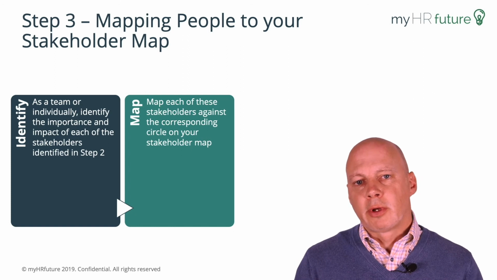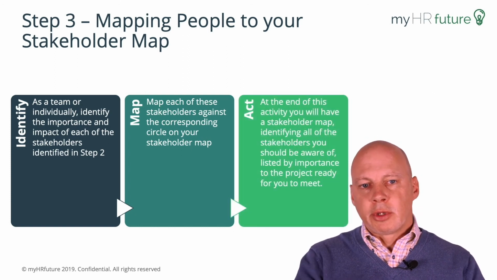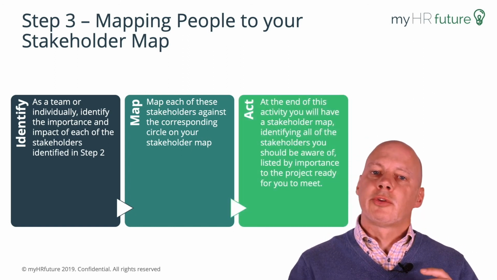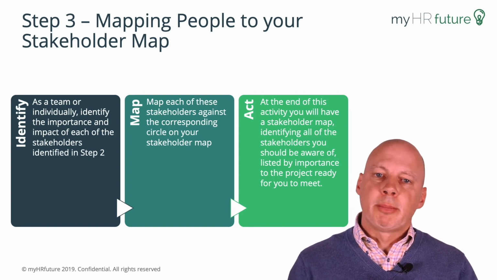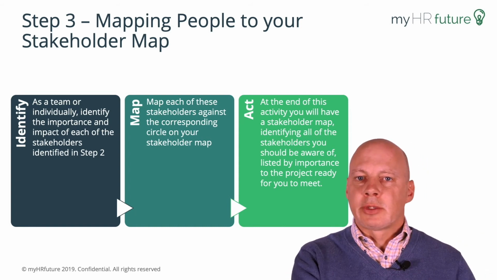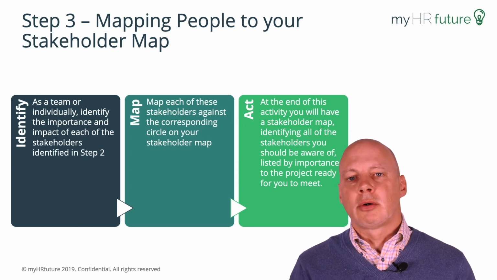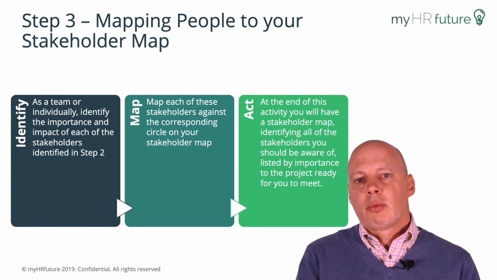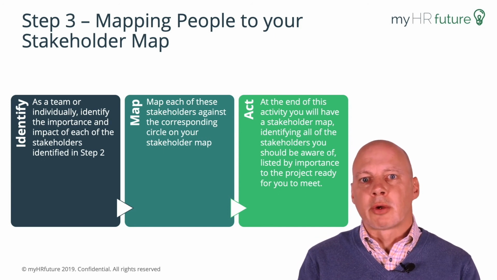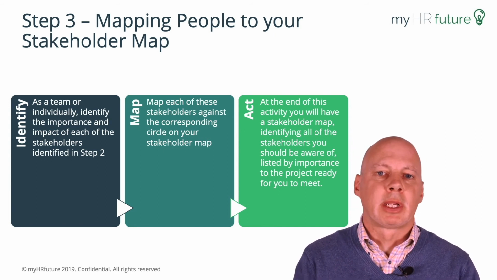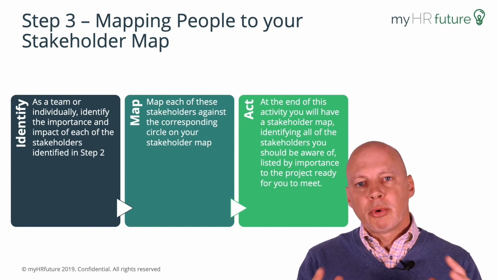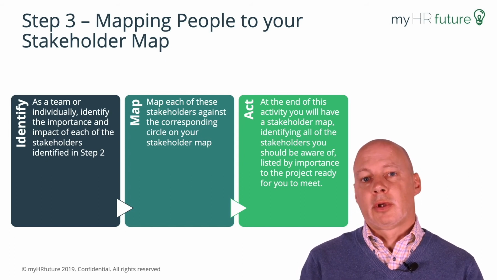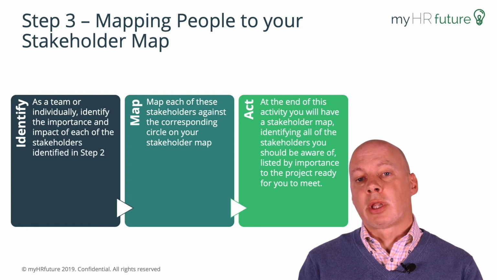With yourself, you can list the people down, you can put them in your concentric circles, and then you can challenge yourself. You can come back maybe 2 hours later, a day later, a week later, and relook at your stakeholder map and say, did I quite get it right? Was I influenced because something happened? I got an email and I thought that that person was really important or not important. The important thing is to really test yourself and really challenge yourself as to really how many people are in